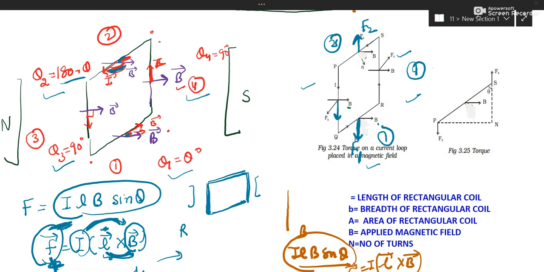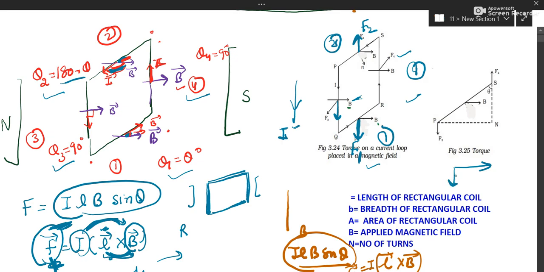Okay, let us try to understand the direction of force once again for this arm. You can see current is like this. So this current is going towards the ground. Okay, just look at your floor. It is going vertically downwards. So you can hold your current finger, that is second finger like this of left hand, towards the ground. Okay, and magnetic field, that is first finger is like this. So first finger like this, second finger towards the ground. Where is the thumb pointing? So a thumb must be pointing, if you are holding your fingers properly, then thumb must be pointing towards you. So this is how towards you is represented.